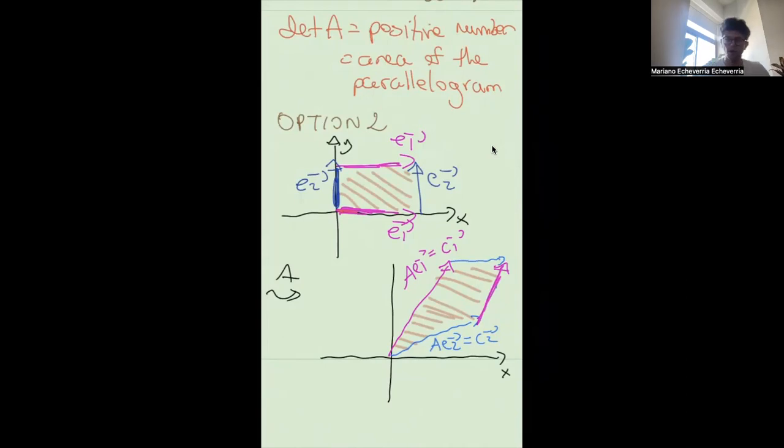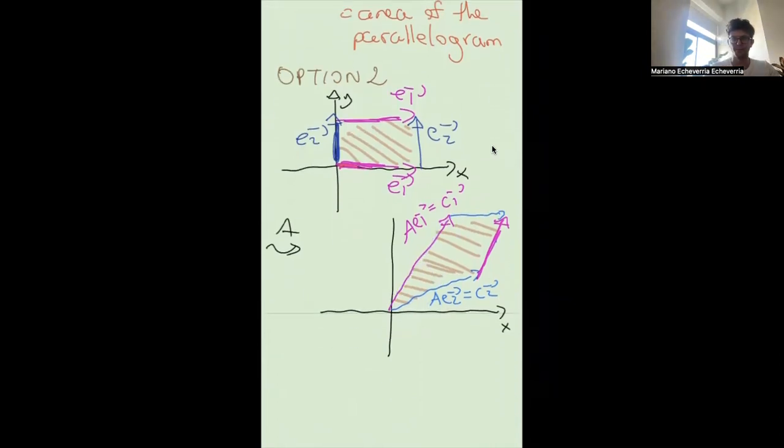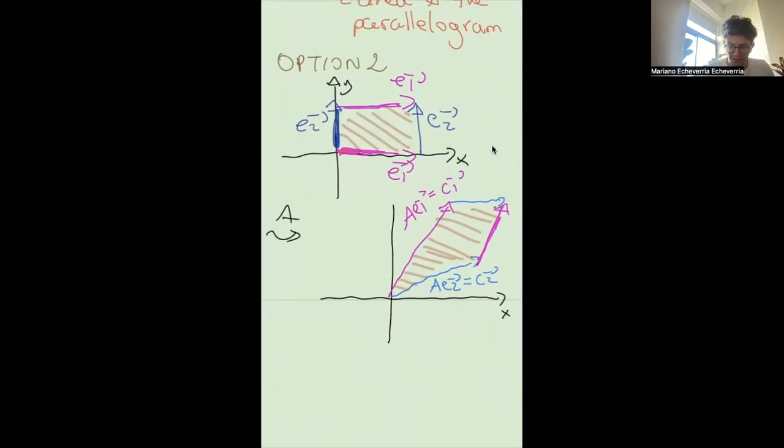If you look at the situation, what happens here is that if you wanted to rotate the pink vector into the blue vector counterclockwise, you would need more than 180 degrees. So it's better to think that you are instead going to rotate this vector into this vector clockwise, using an angle of less than 180. So in this situation, you can rotate